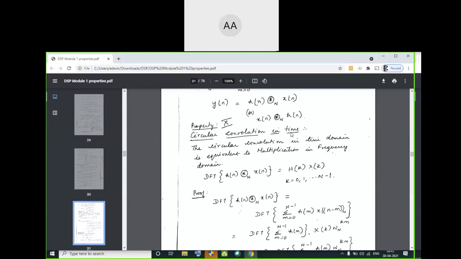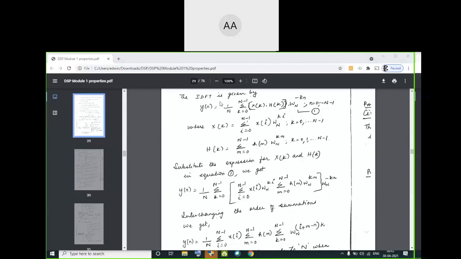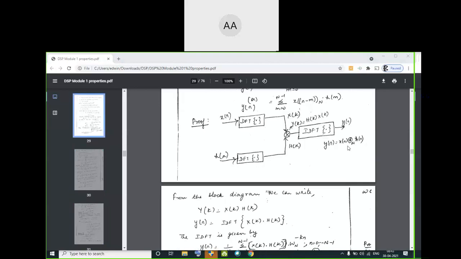Either you take the RHS and prove the LHS, or the LHS, and probably this might be a little easier for you. Though it's given, see here the steps are very small, you can have a look, it's very few. But if they ask you this way, or they give you a diagram like this and ask you to prove this, you will have to do it this way. Here the only thing is you change this.